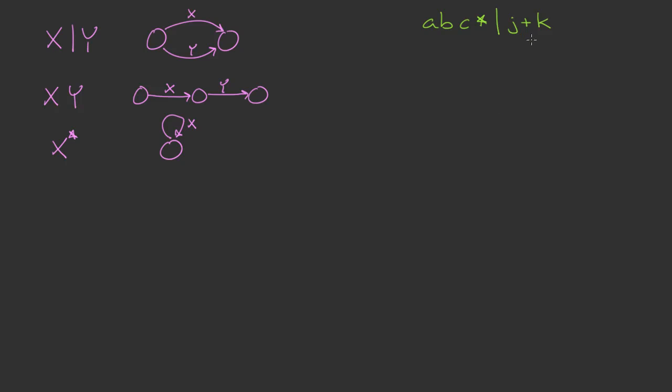First of all, we haven't seen this plus yet, and the plus is kind of an extended notation in regular expressions. It's not part of our three rules. In fact, these three rules are all you really get for regular expressions. Let's review those three before we add on the plus. So the first rule is if we have a regular expression x or y, then we get two states with two sets of edges going between them, where we can make a choice between going x or y. And then we have x followed by y, which is represented with three states. We go x and then to y, and then finally x star, which is represented with a state with a loop on it labeled with the x,